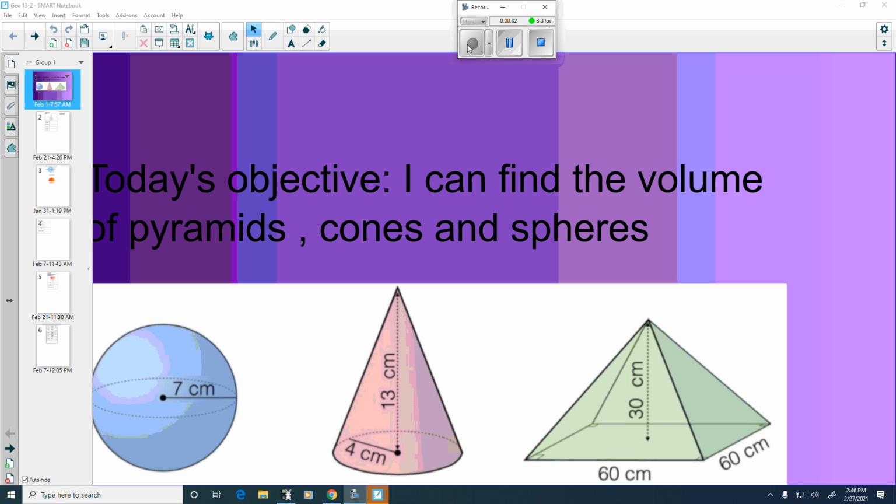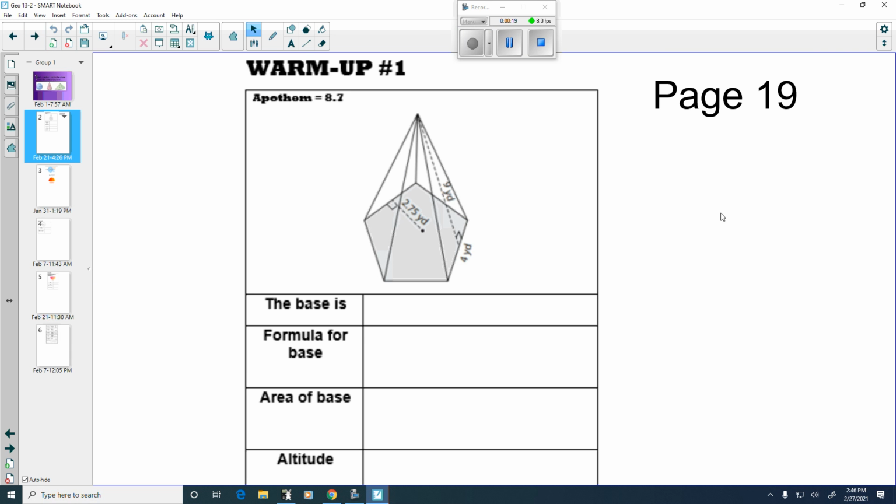Howdy. I'd like to look at the second lesson in Unit 13. Unit 13 is all about finding volume of pyramids, cones, and spheres and other things. Today, we are talking about the volume of spheres and hemispheres. To get started, I'd like to look at the warm-up on page 19, and I need to make a quick